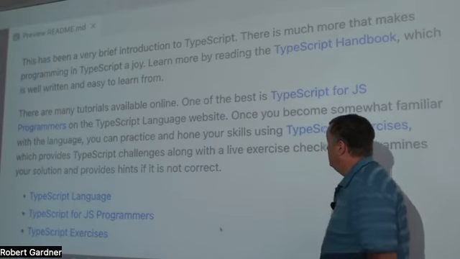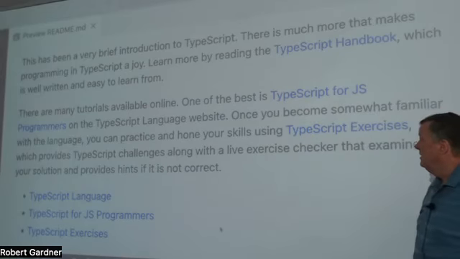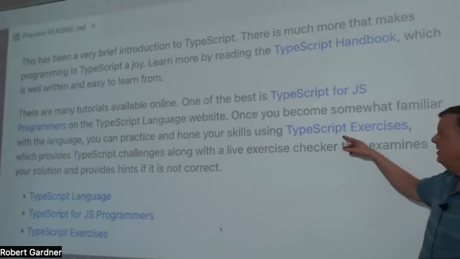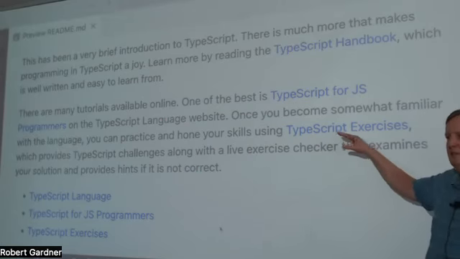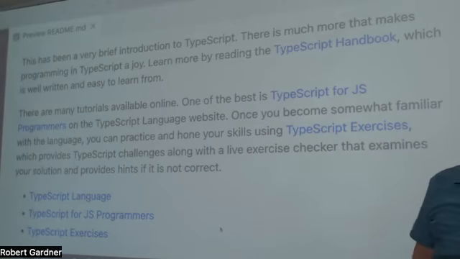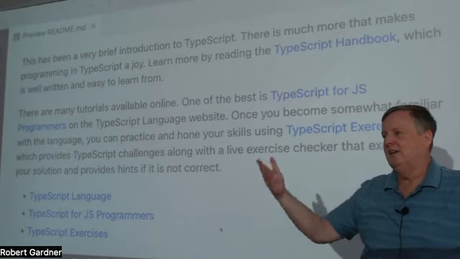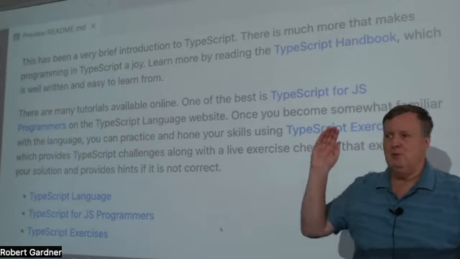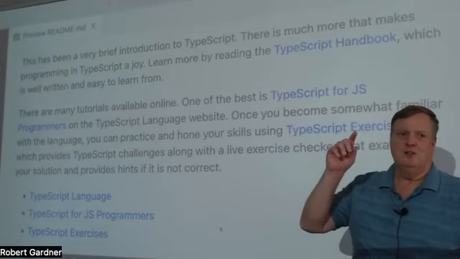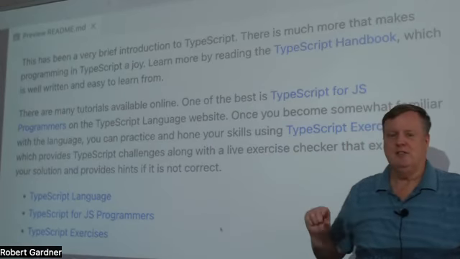Okay, and as you get going further, I found a site that was very useful. They get hard very fast, so you have to be a little careful. It's called TypeScript Exercises, and it will give you a problem to solve. They produce the JavaScript code, and then your goal is to put in the typings in the right places.